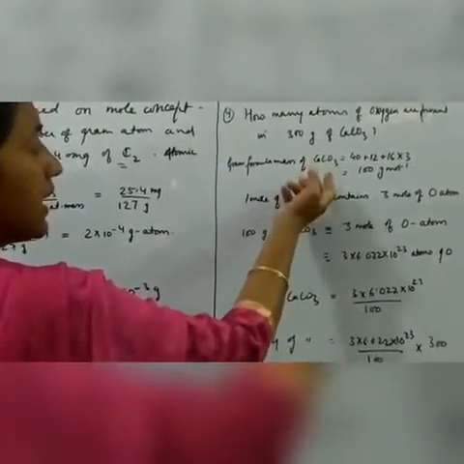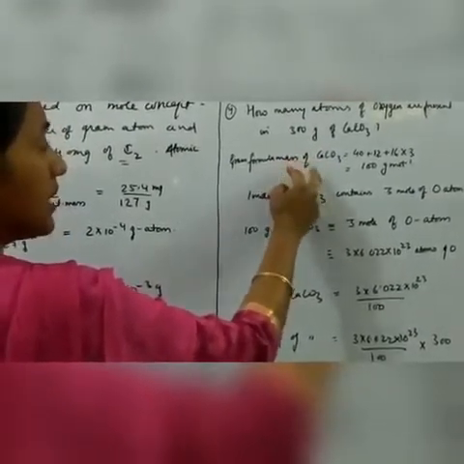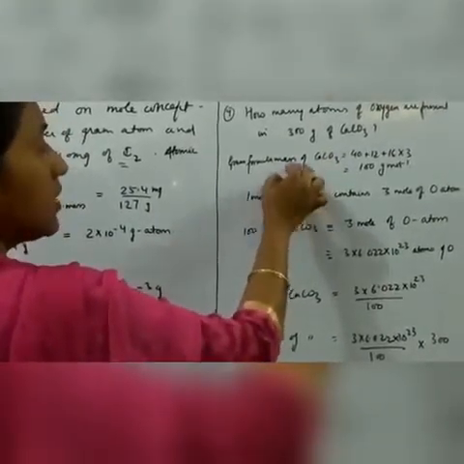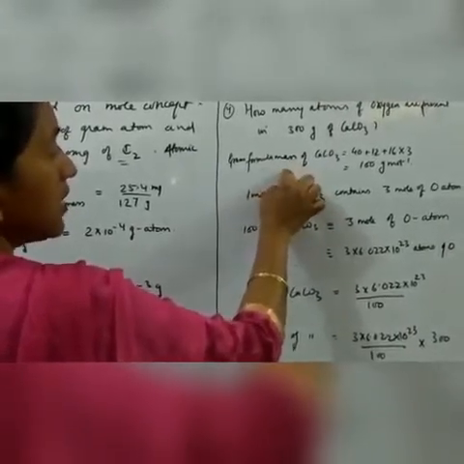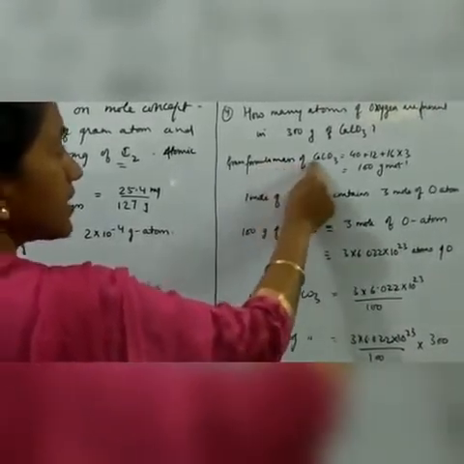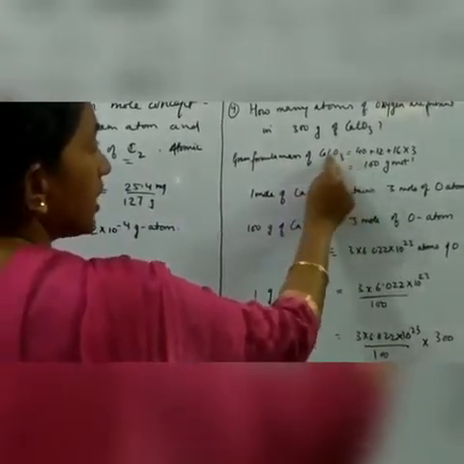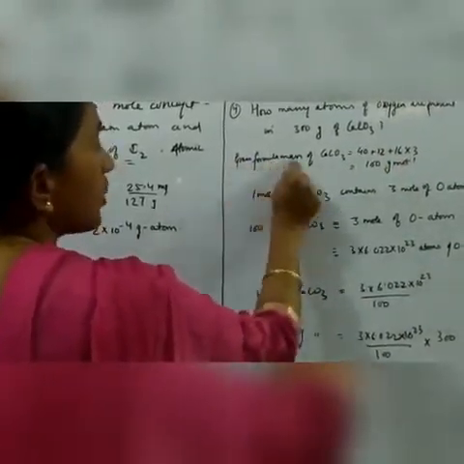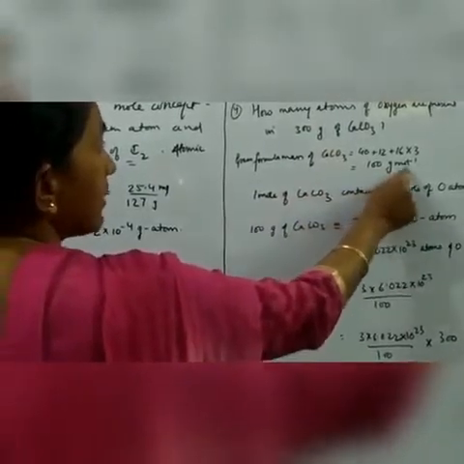As you know, the relative molar mass of a substance is related in terms of atomic mass also, the gram atomic mass, molar mass, and the formula mass. So you have to write down the formula: calcium 40, carbon 12, 16 into 3. So the gram formula mass, the mass derived from the formula, is 100 gram per mole here.